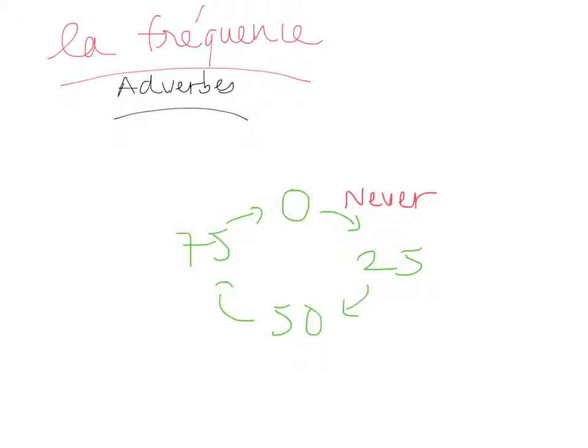Now, if you do something between 25 and 50% of your time, this is something that you do sometimes, because it is still below 50%. Again, these are approximations. Don't take my word for it. Between 50 and 75%, this is something that you will do quite often, right? And finally, something between 75 to 100% is something that you will do always.